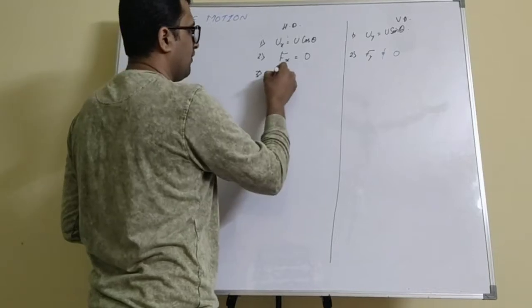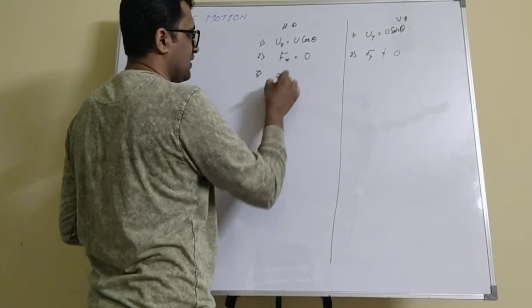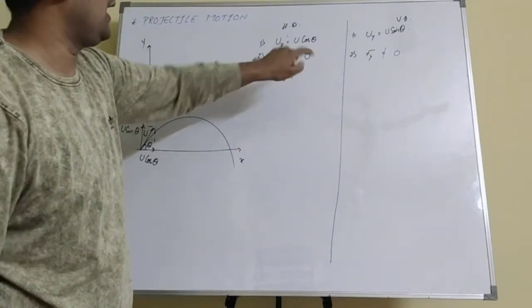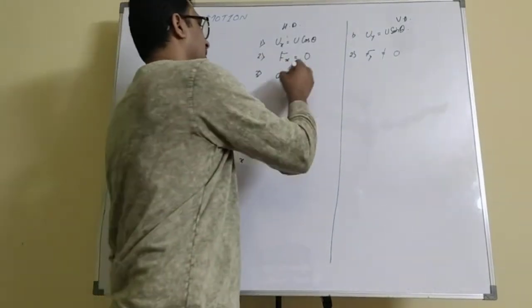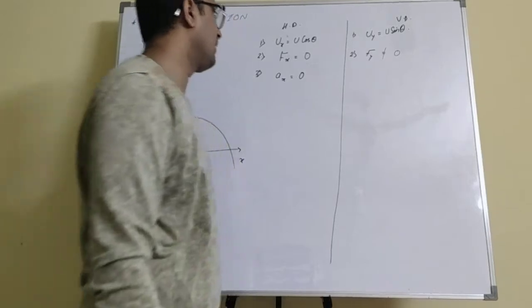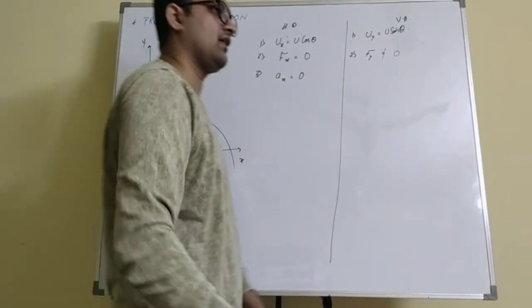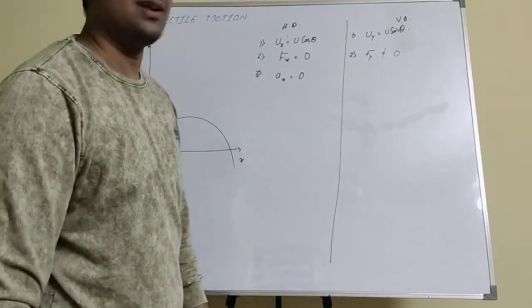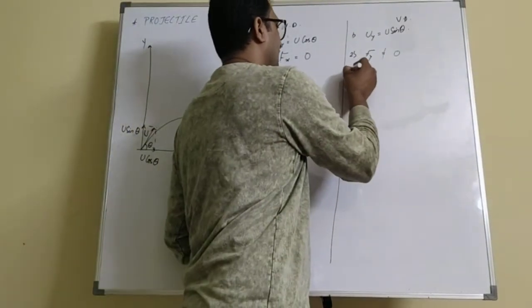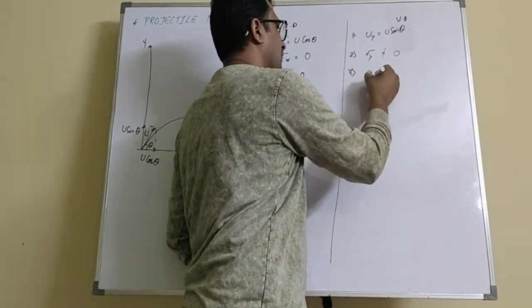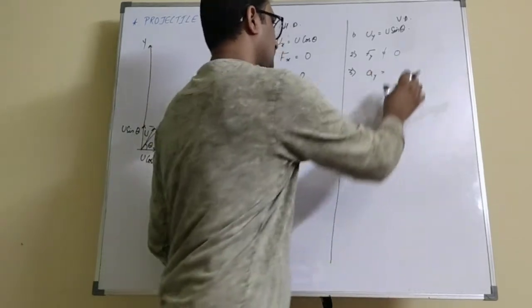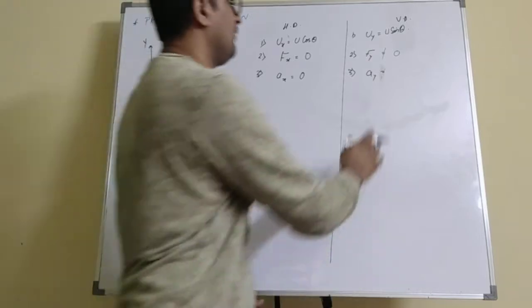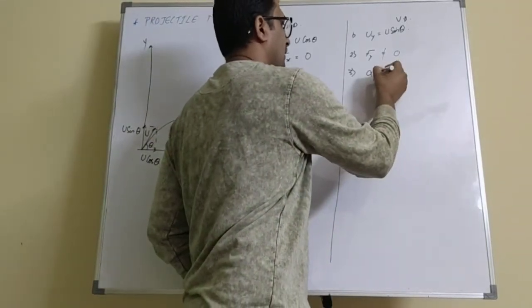Now, next point. Let's say acceleration along x-axis. Beta, if force along x-axis is 0, it's simple that acceleration along x-axis is 0. You can say, sir, what type of questions are you asking here, that if force is 0, acceleration is also 0. Then next, if force along y-axis is non-zero, then there will be acceleration along y-axis.